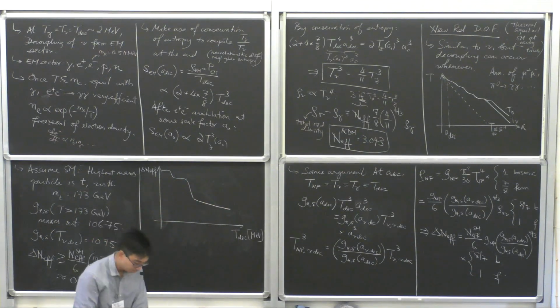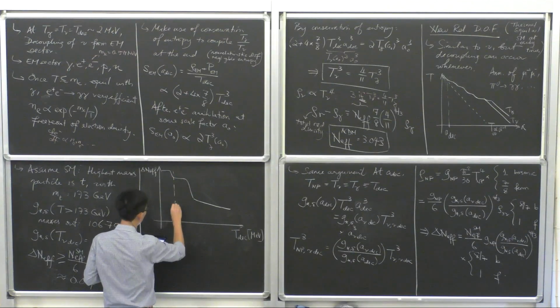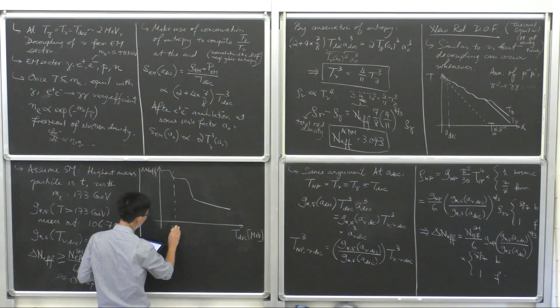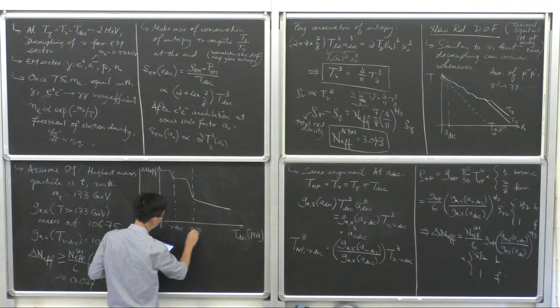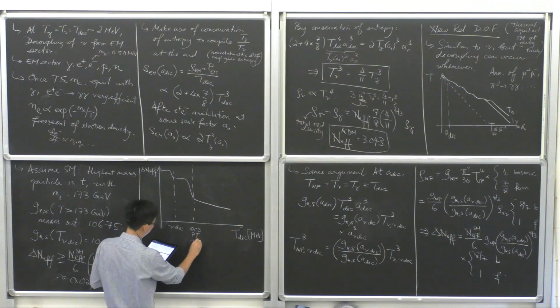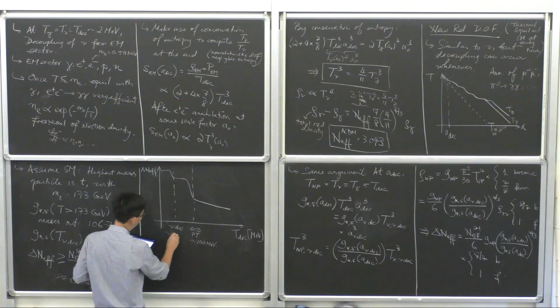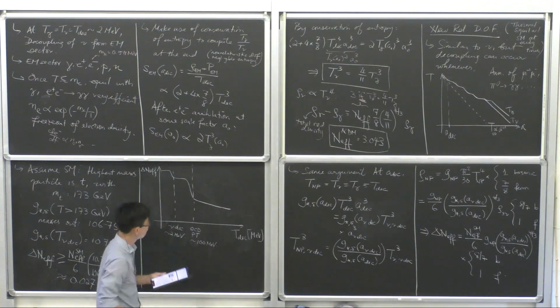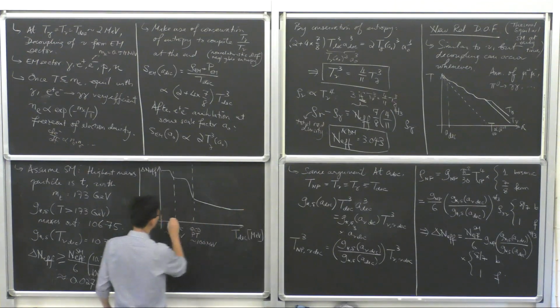You get two bumps corresponding to neutrino decoupling, and here corresponding to the QCD phase transition, which is roughly at around 100 MeV or so. This is around 2 MeV, as I said. Okay, and you will find that at some point it asymptotes to a constant value,